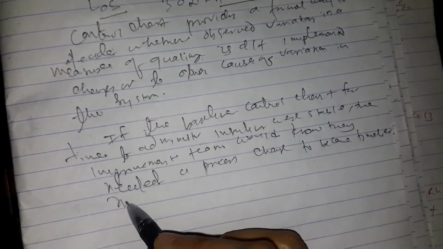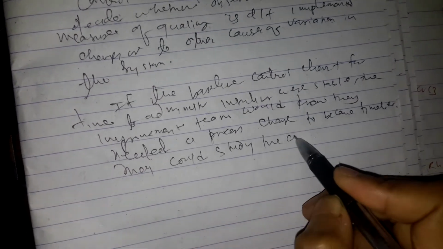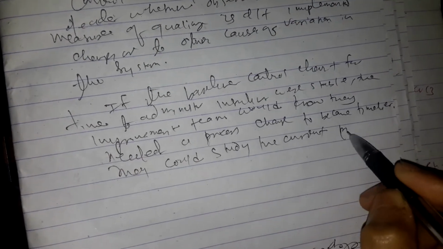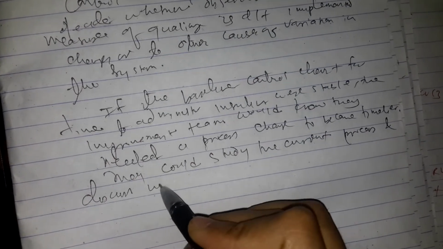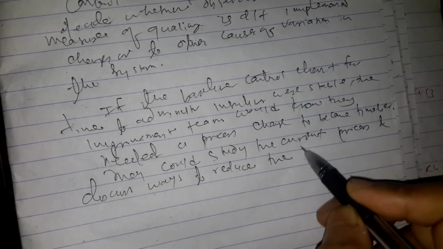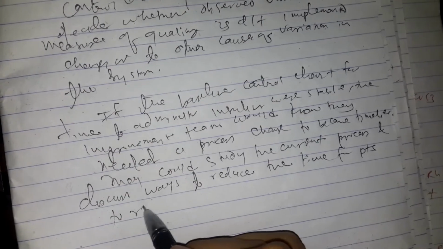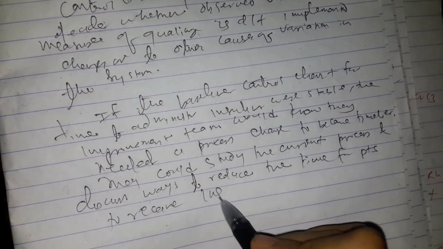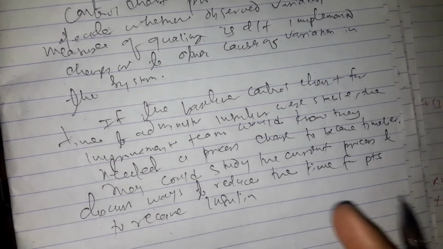They could study the current process and discuss ways to reduce the time for patients to receive insulin. Okay, by plotting timelines for each patient within a week of beginning to test these changes, the control chart